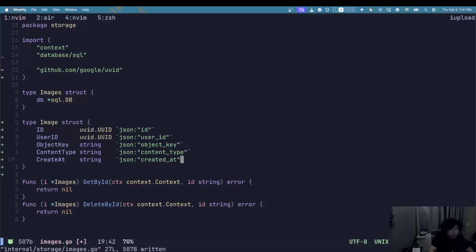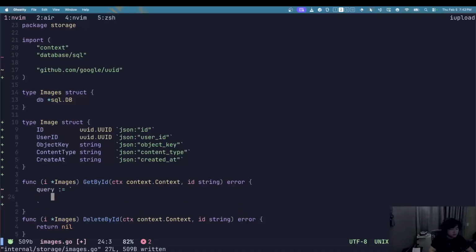Another thing here. So this is our image model, and we'll have operations that help with that. So we'll do some basic ones. We'll do get by ID, delete by ID, and I actually, view ID. I don't know if I'm able to do that, but actually, let's just do string. So get by ID is this query. Some basic queries here,